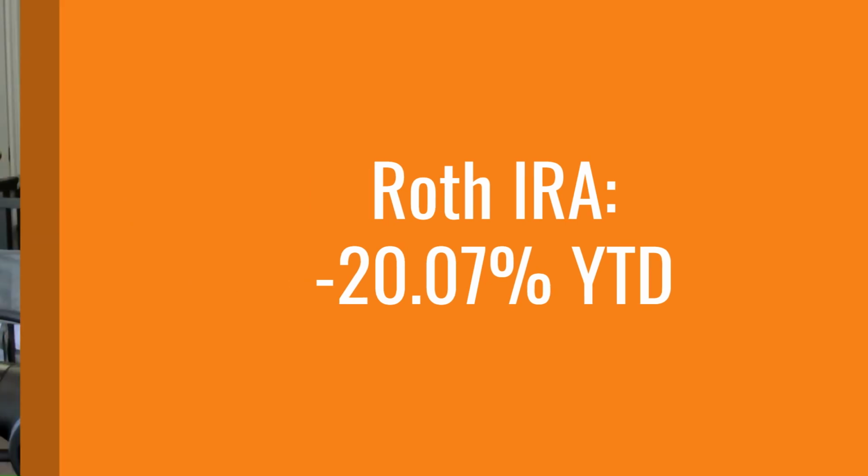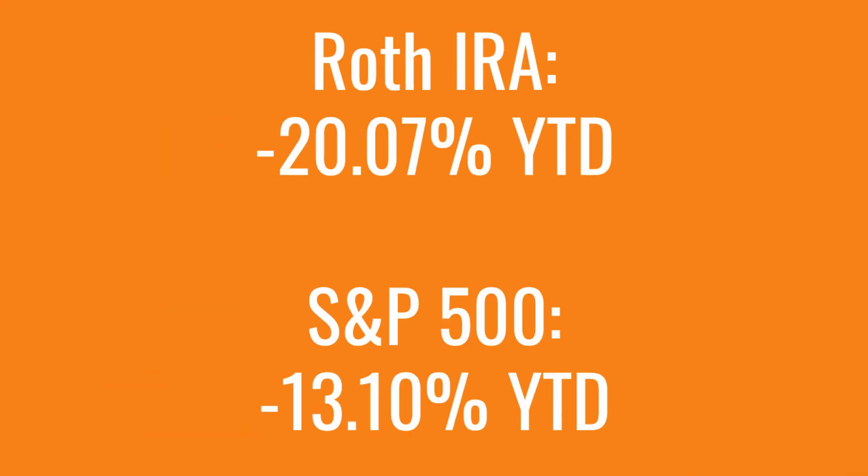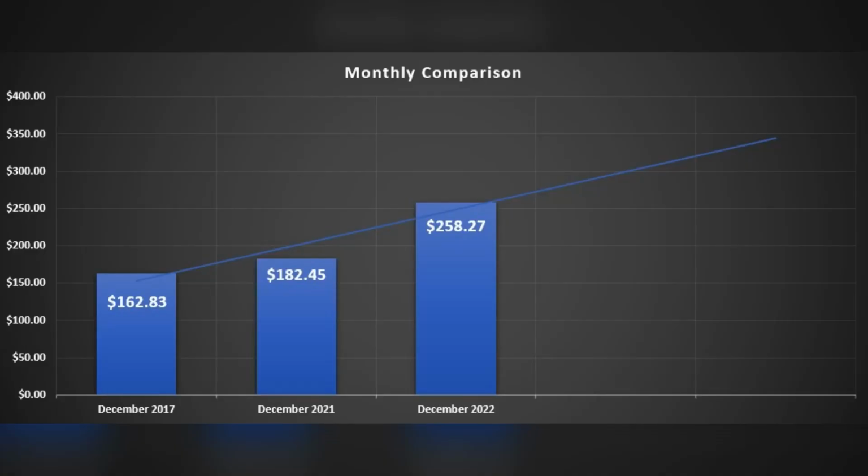Overall, this Roth account is down 20.07%, and again, that's compared to the S&P 500 that's down 13.1% year to date. Now, let's follow that up with my 401k and jump right into the dividends received from origination until now. In December of 2017, which is when I began my 401k account, I was making